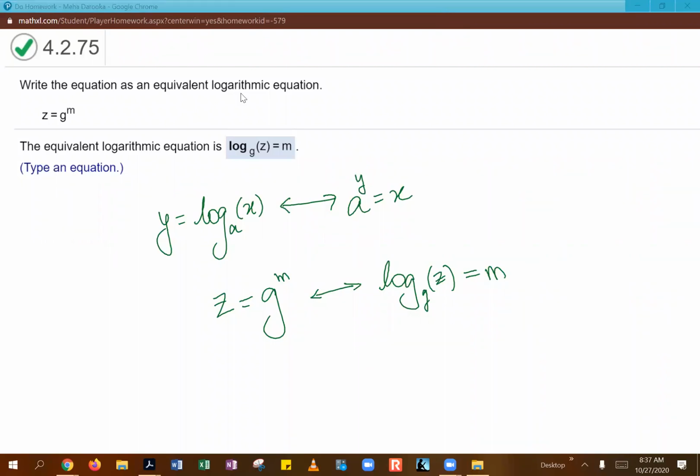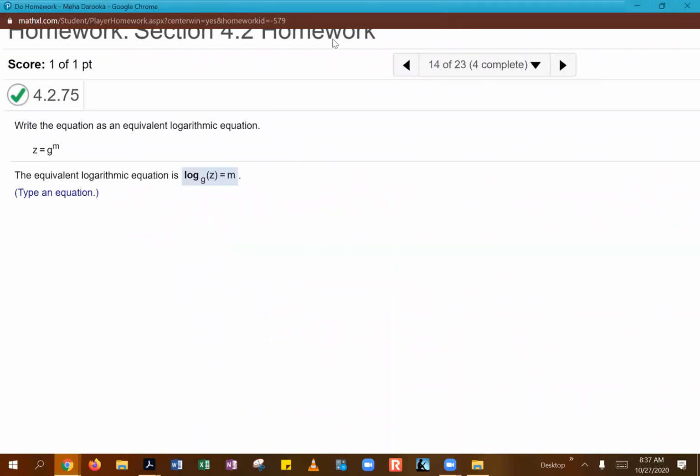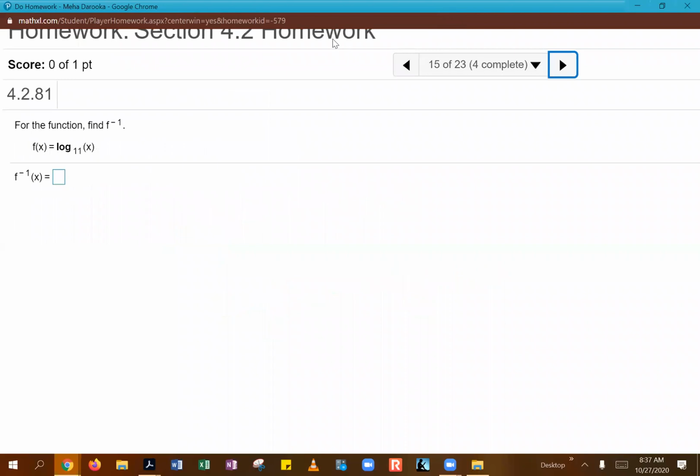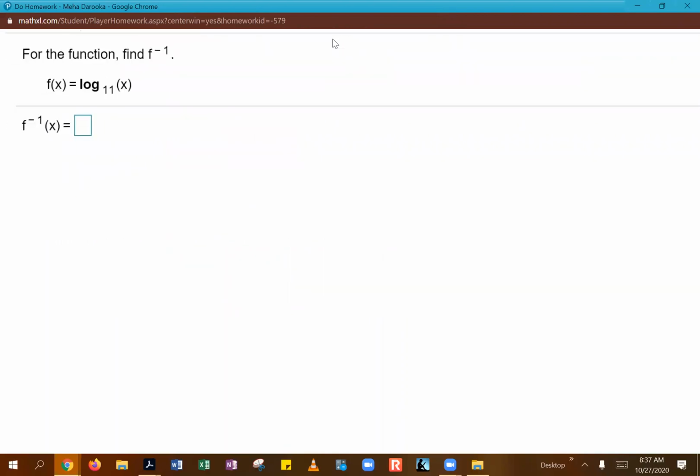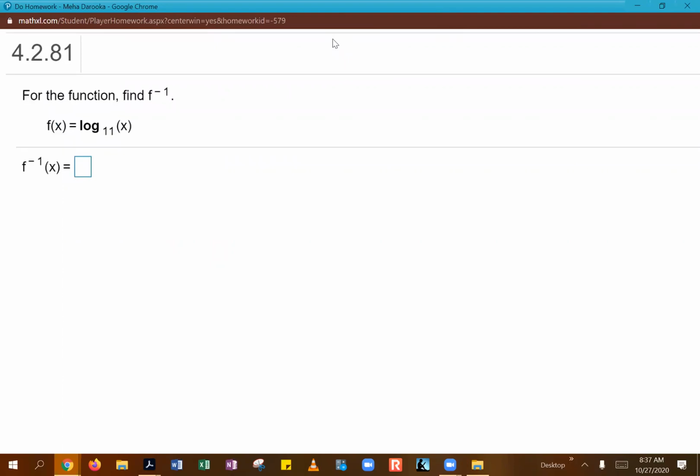Okay. So again, remember you will have a couple examples where they're going to be asking you to convert this. I'm actually going to let you guys work on this for homework, but basically the idea is you can rewrite this as y equals log of x with base 11. They're asking you to find the inverse, which of course means they're asking you to put it in